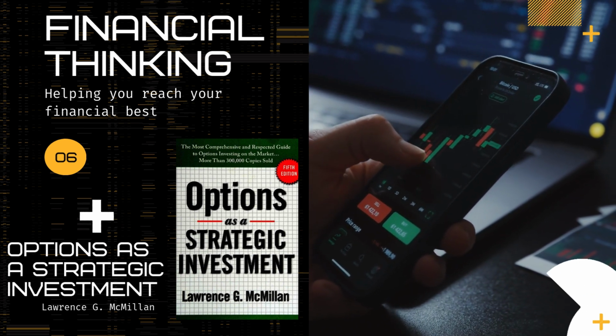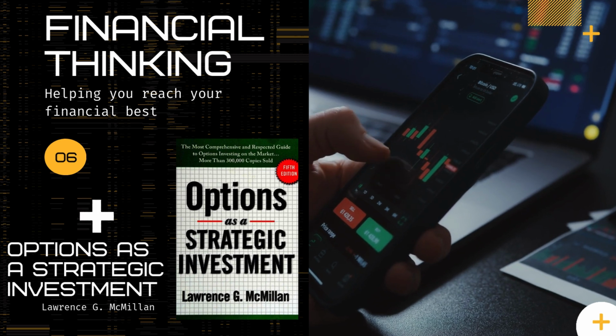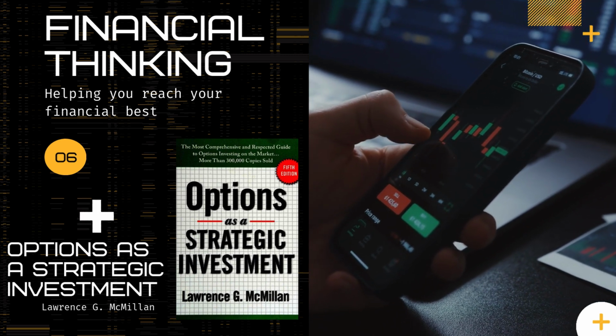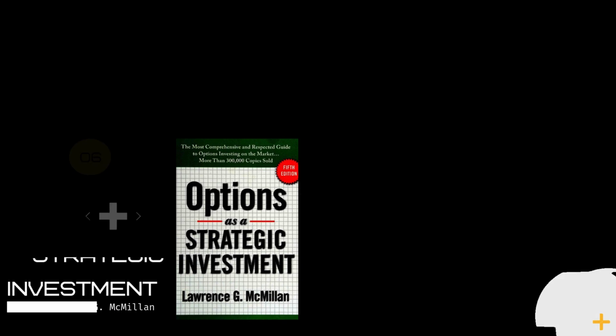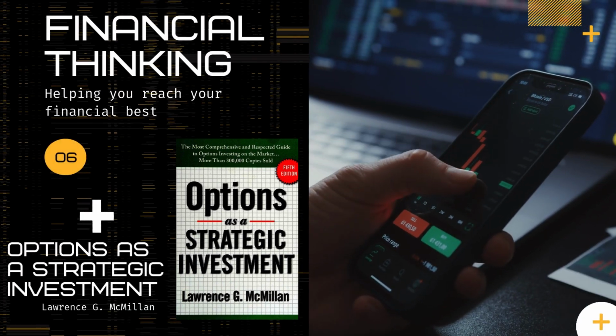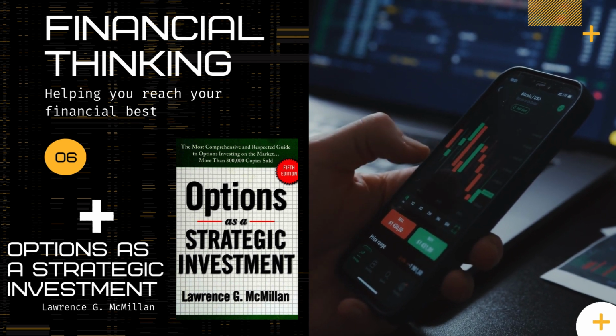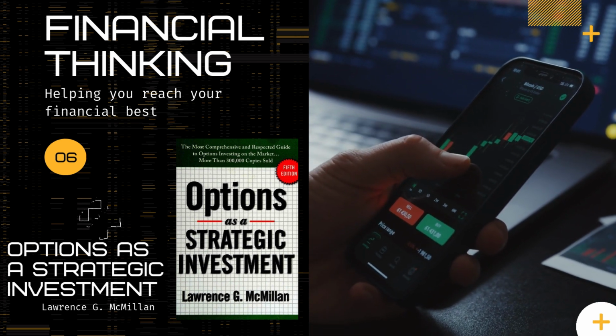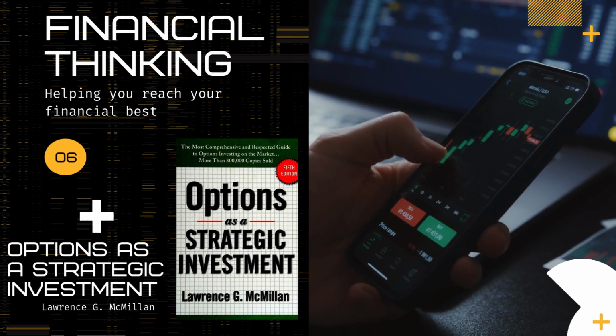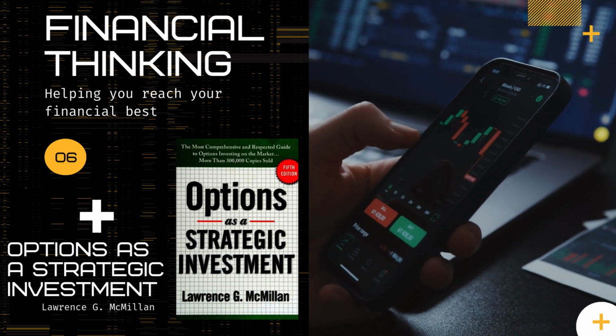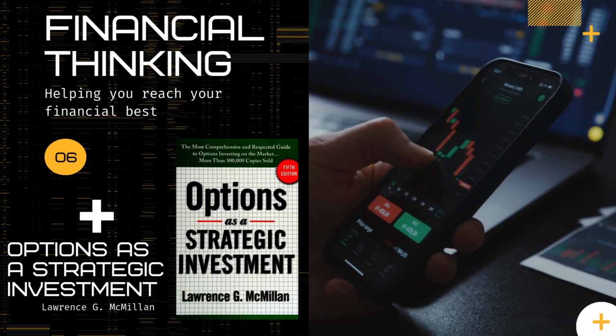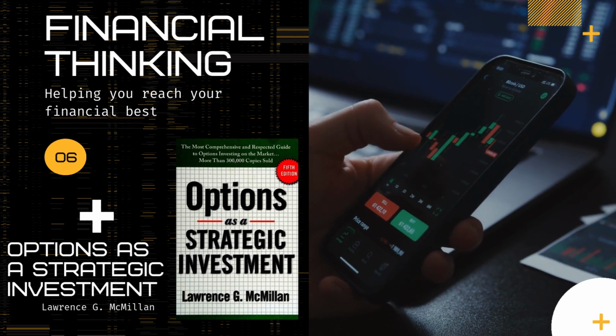Yeah, rolling down involves buying back that original call option that you sold and then selling a new one, but this time with a lower strike price. It might seem a little counterintuitive, but it lowers your break-even point and can potentially reduce your losses if that stock continues to fall. Why does lowering the strike price reduce the break-even point? I'm a little confused about that.